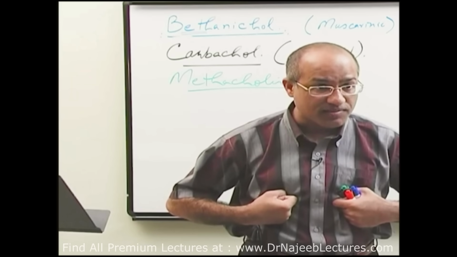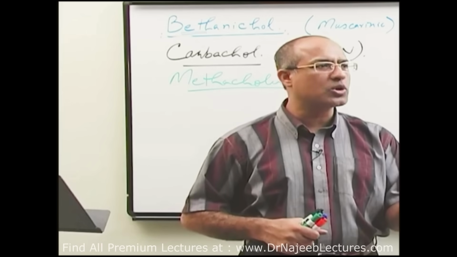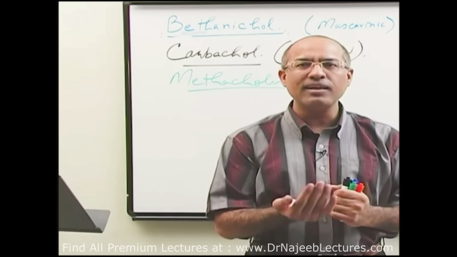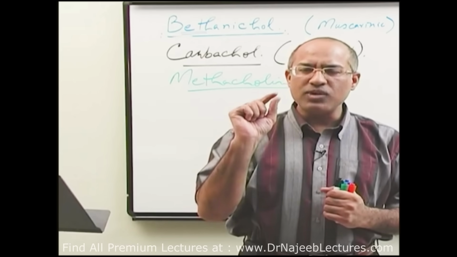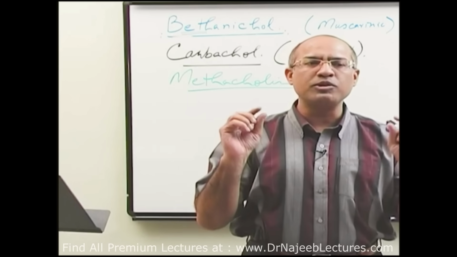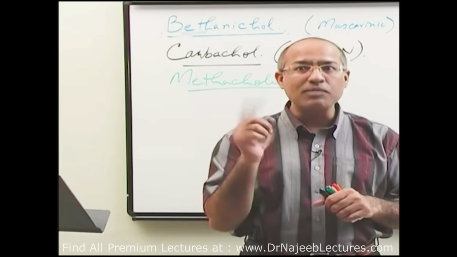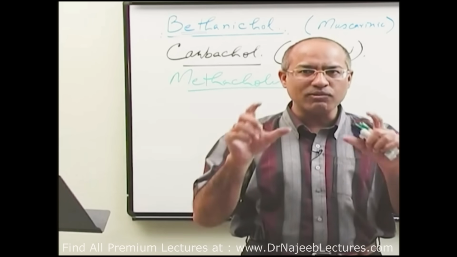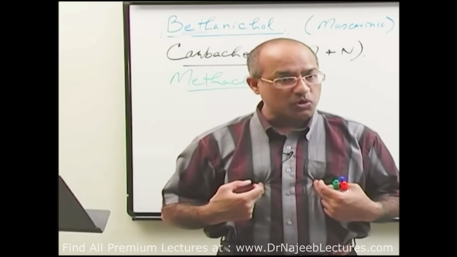bronchospasm or constriction, right? So if we have to diagnose a person with asthma, or we are not sure whether he has asthma or not, then we check his bronchial hyperreactivity. We give a little inhalation of methacholine. We give very little methacholine by inhalation, which will produce very little bronchoconstriction in a normal person, but that amount of methacholine will produce relatively strong bronchoconstriction in a patient with a hyperreactive bronchial tree.